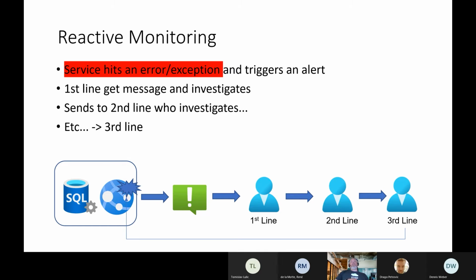But usually if that happens, an alert triggers a message. It usually goes to the first line. If they don't solve it, they send it to second line. Eventually, it comes to third line, and then it has to be solved eventually, and that's someone's responsibility down the line. So this is a reactive monitoring part, and that happens when something already has been